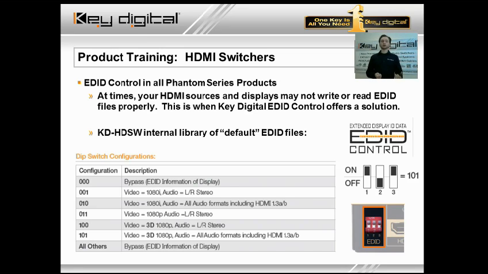Or the 100 setting is a 3D handshake with 2-channel audio. Additionally, we have 3D with HD audio formats of the HDMI 1.3 features. And again, any other combination that you can make is going to revert back to that bypass where essentially just whatever source is selected is going to get that handshake directly from the display itself, assuming that your piece of